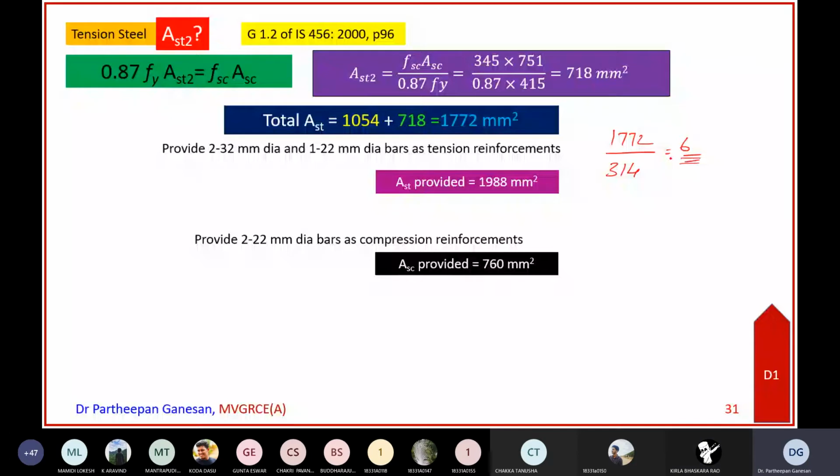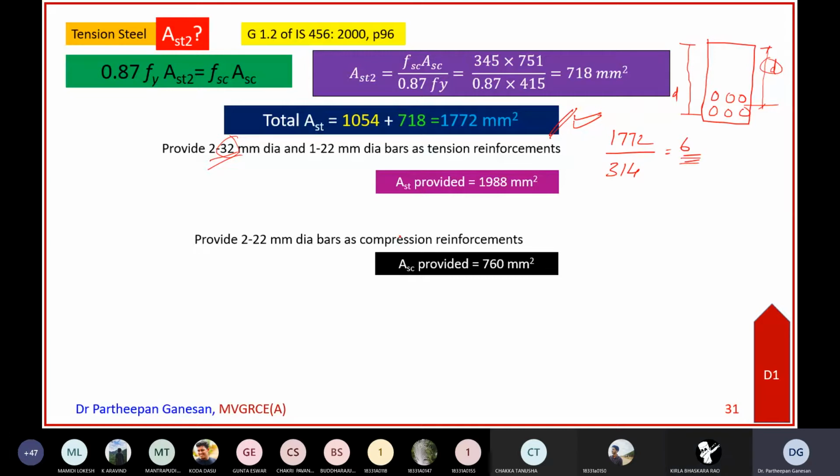After that, fine tuning these numbers and the initial assumption and all, we can do later on. That is not required as of now as far as your academic course is concerned. But when you go for practice, you will do all those things. Is that clear? But it is not a big mistake. So you don't worry so much. You use 20 mm diameter bar, provide like this one and leave it like that. You don't need to change again, find out D and do the whole thing again, because you will not have much time. Is that clear, Bhaskar?